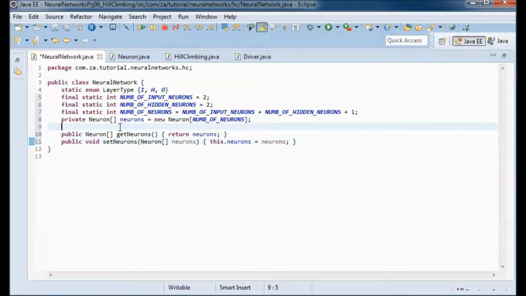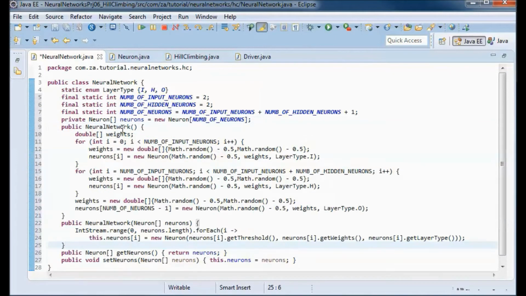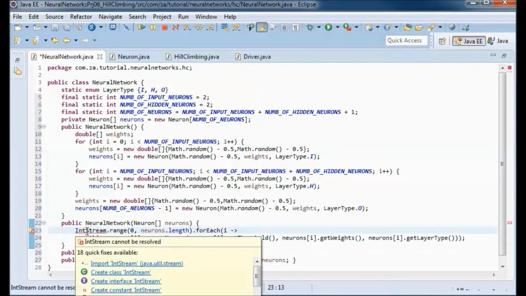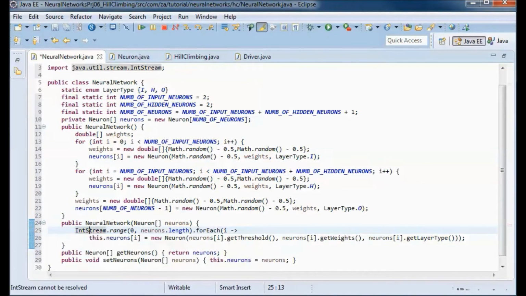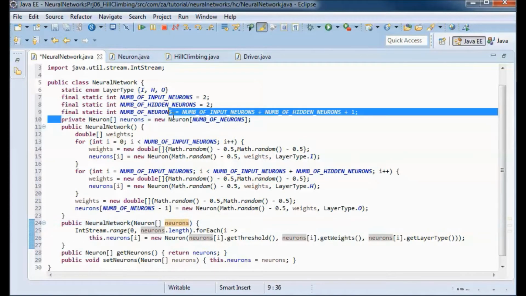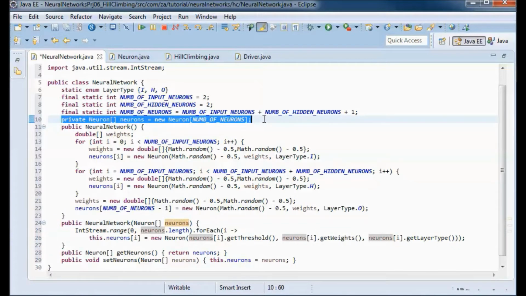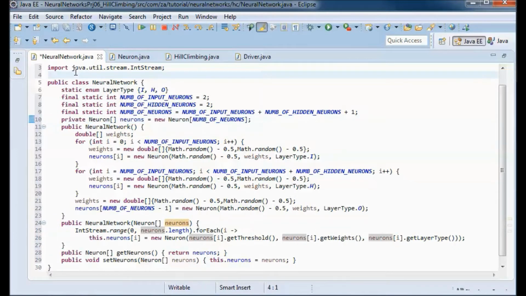And we will have two constructors, one that will take an array of neurons, and based on that array it will populate the array of neurons for this neural network.